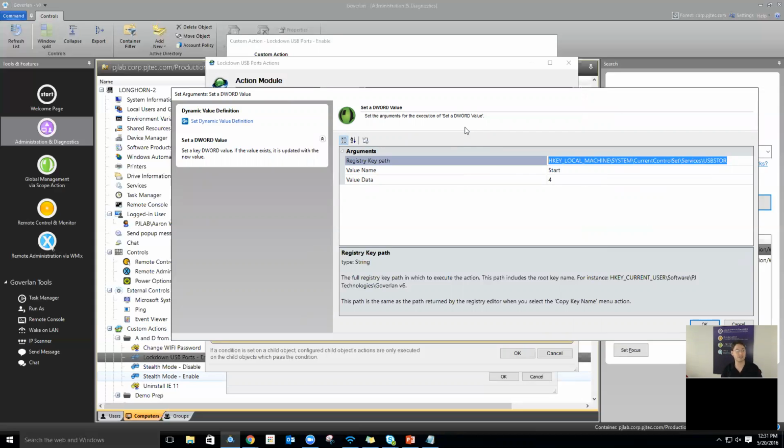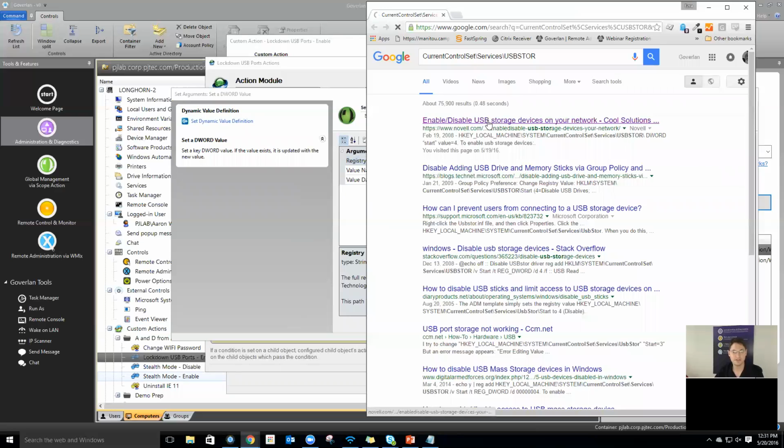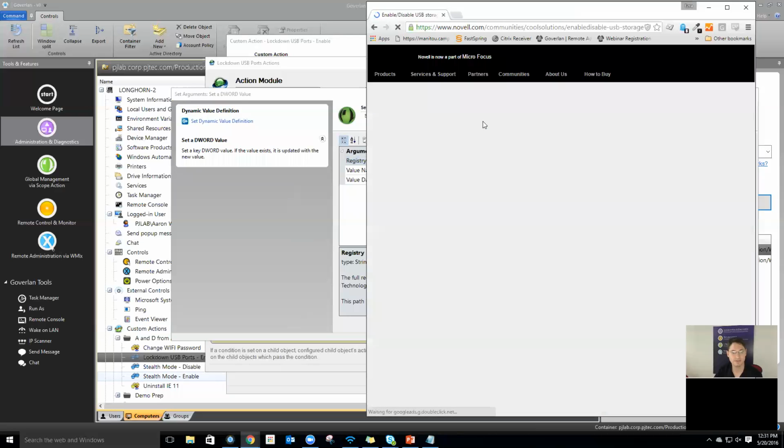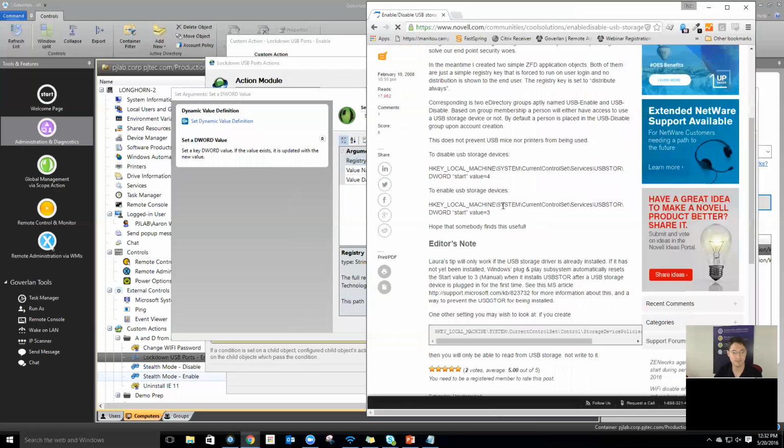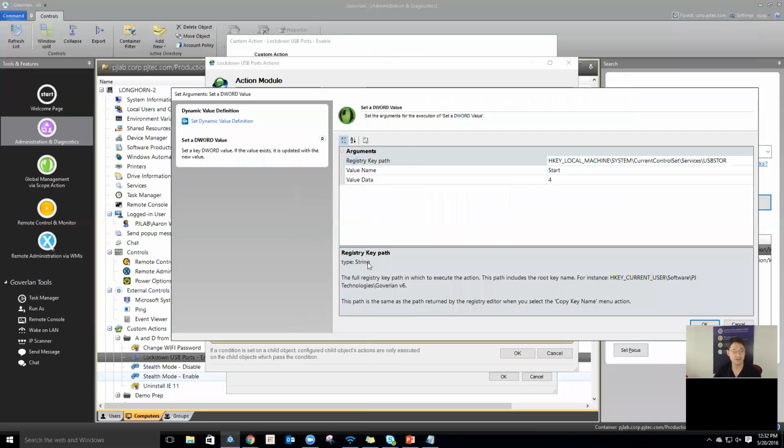So all we're doing is we have something that will enable us to lock down USB ports using a registry value. And actually, if we just go and do a quick Google search for this, we'll show you some other things you can do here. So here we have some information on enabling and disabling USB ports using a registry value. You can see that to disable the value is 4, and then to enable it is 3. So here I built a